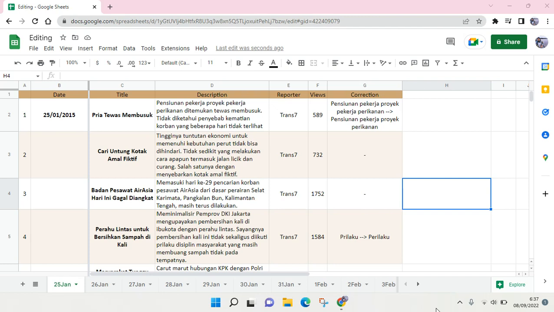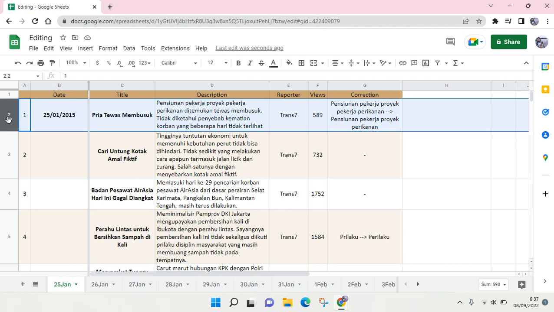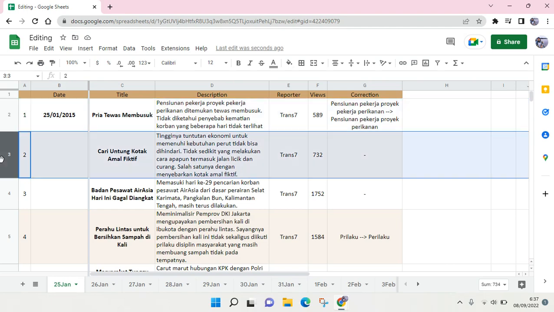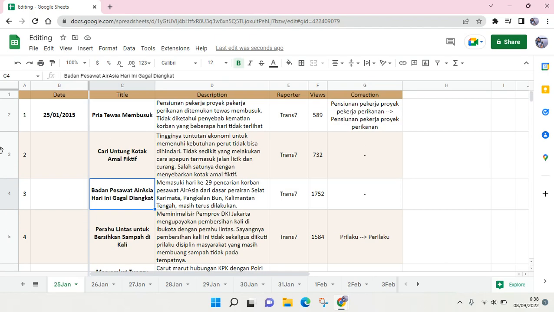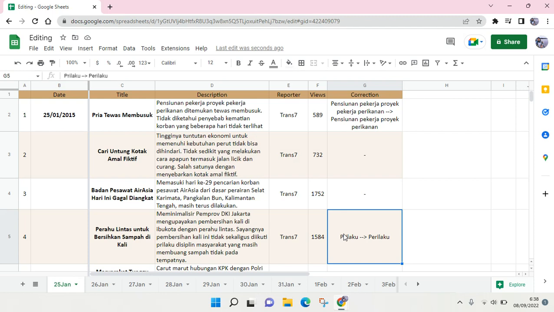In this video, I'm gonna show you how to remove alternating colors in Google Sheets. What I mean by alternating colors is the format where you see two different colors in each row. This one is a bit of a pale color, and this one is a more visible color, so it goes like this, on and on until the bottom. And instead of changing the color one by one into white, I'm going to show you how you can remove the